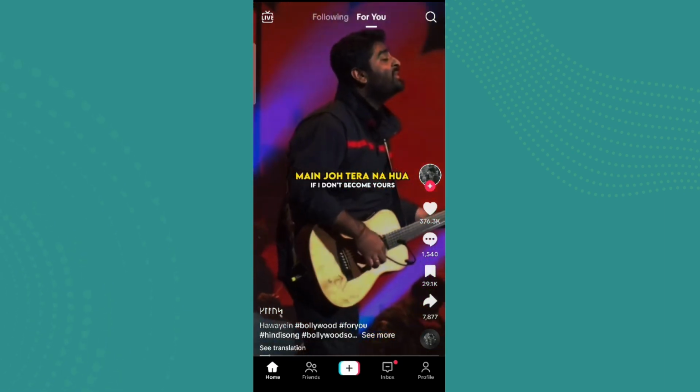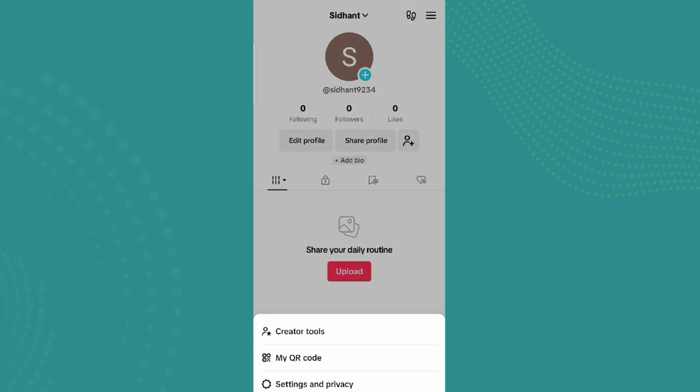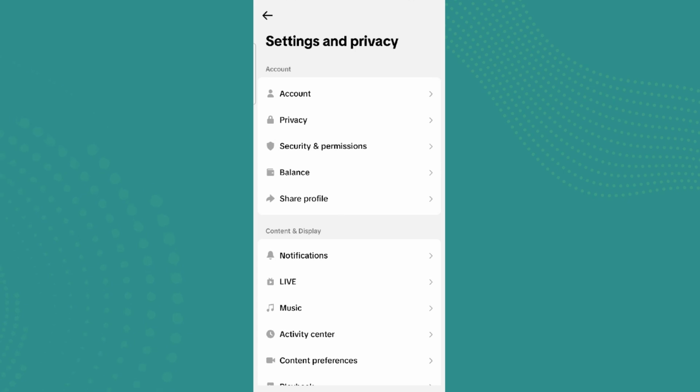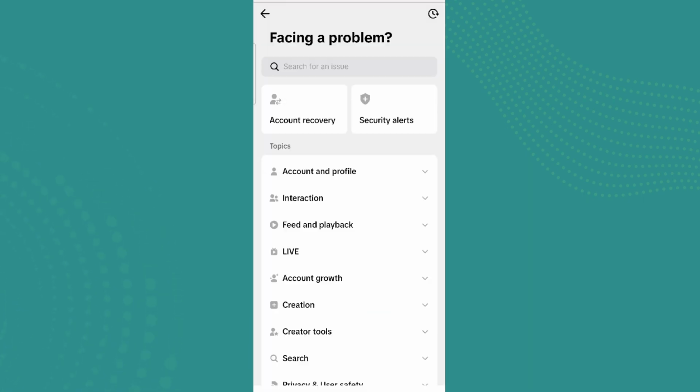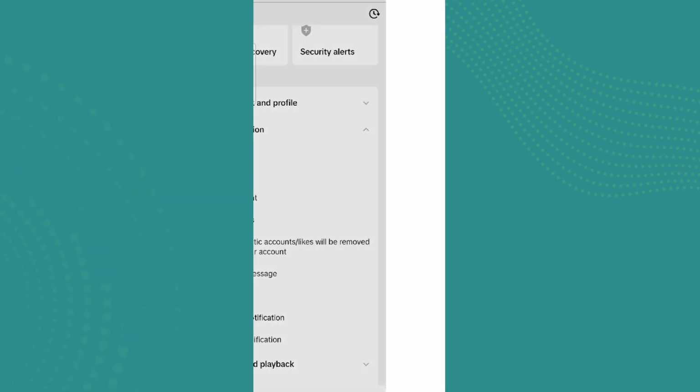So here it is. Now we need to click on the profile icon in the bottom right and click on this three-lined icon on the top right, and let's click on settings and privacy. Scroll down and click on report a problem. Now click on interaction over here and we can see this option called follow. So let's tap on this